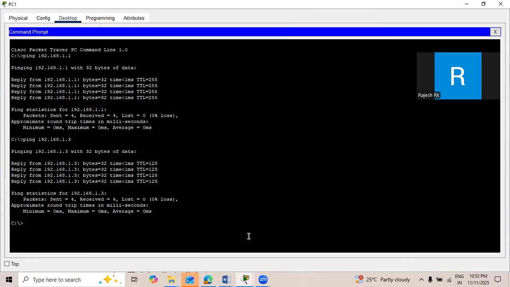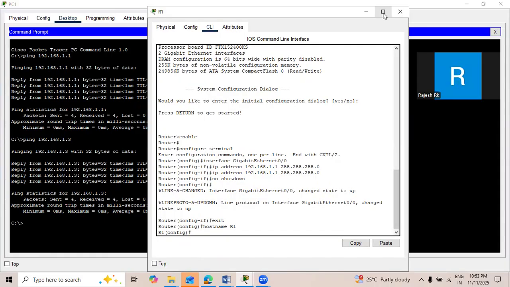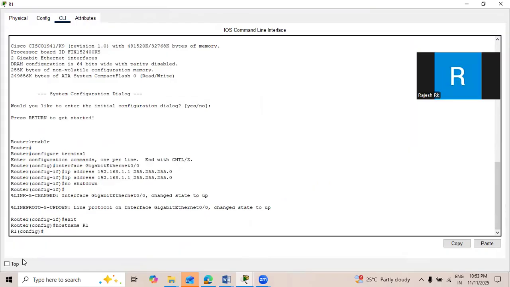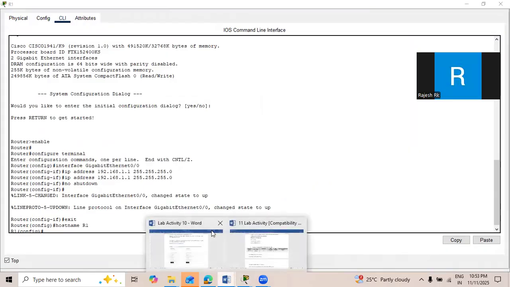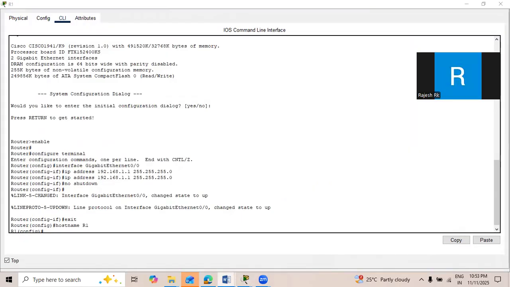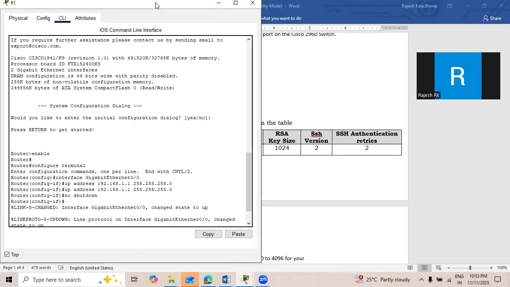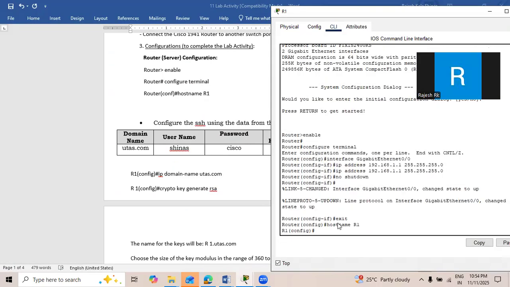I want to go to the router. I'll put it on top. Now I'm going to configure SSH. First thing, domain name. The router should belong to a domain name. So ip domain-name. What is given in the question paper? The domain name is